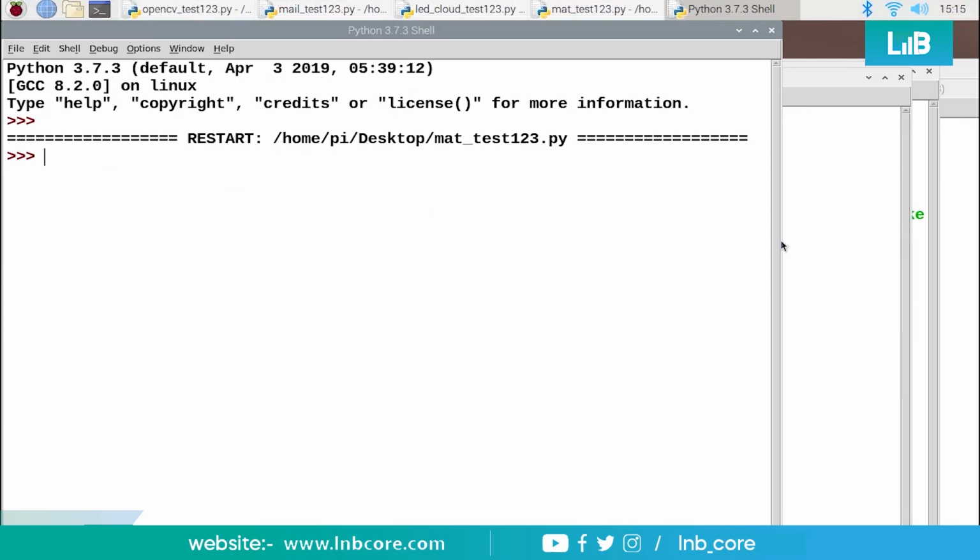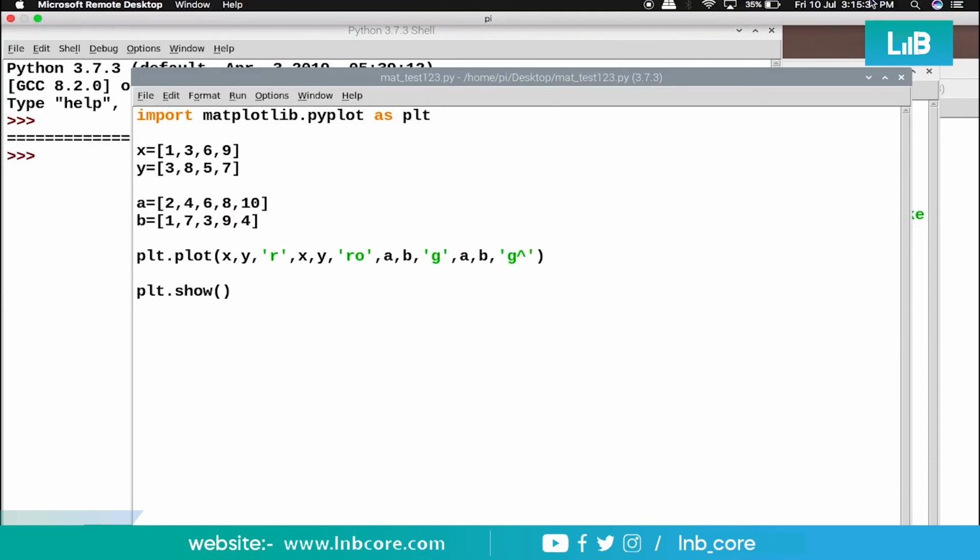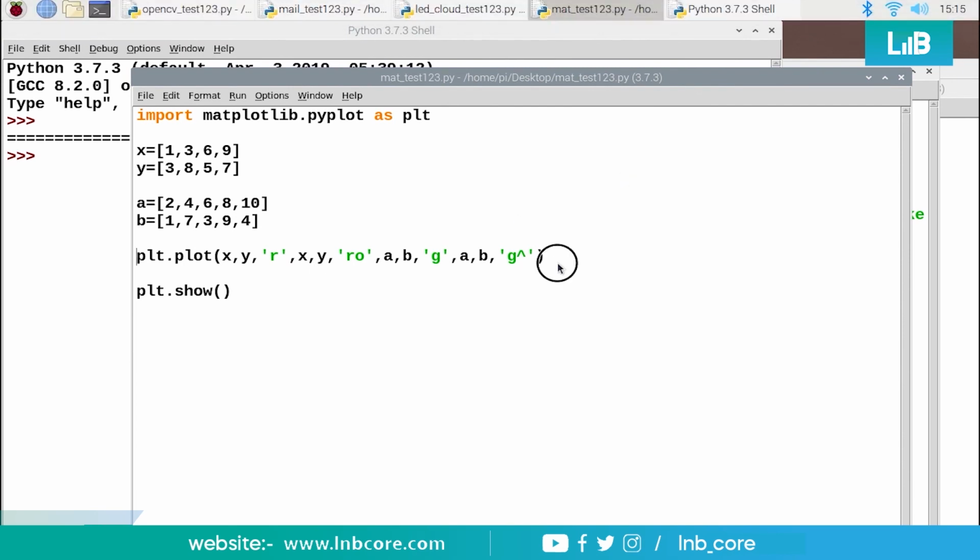Now we want to write the title with this particular one. We want to use titles. So you can use plt.title. The title of this one is important graph. You can use any name over here.